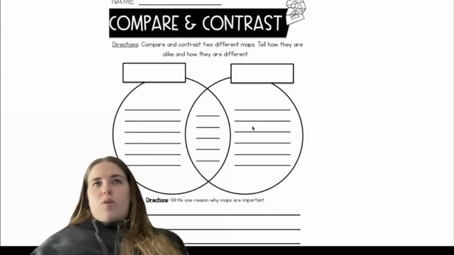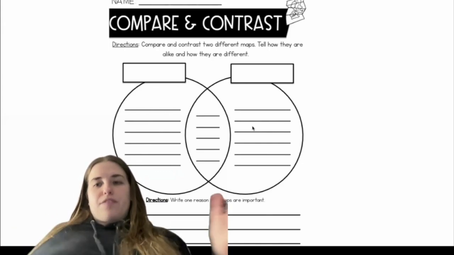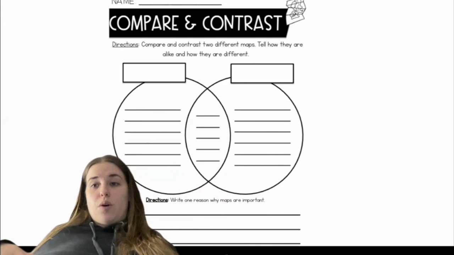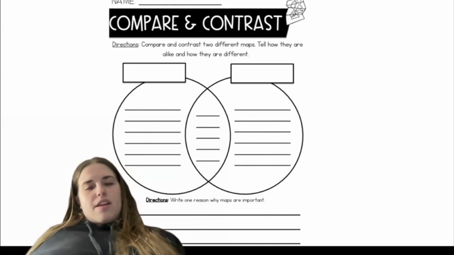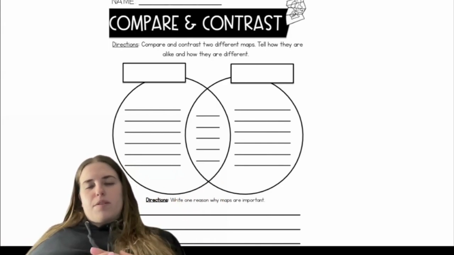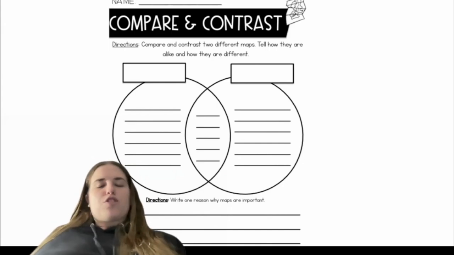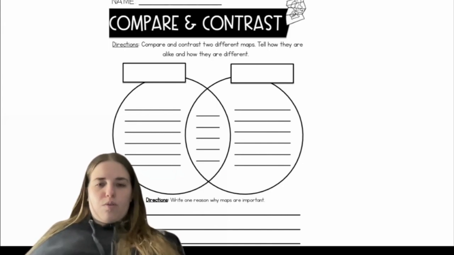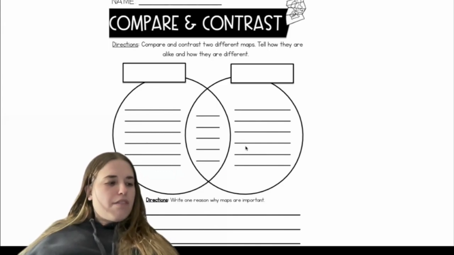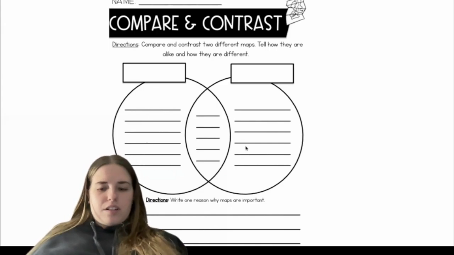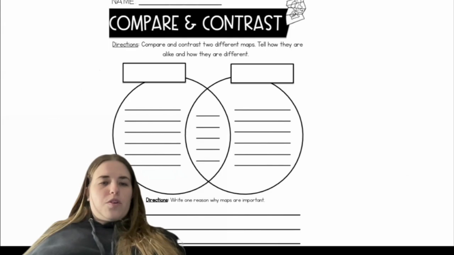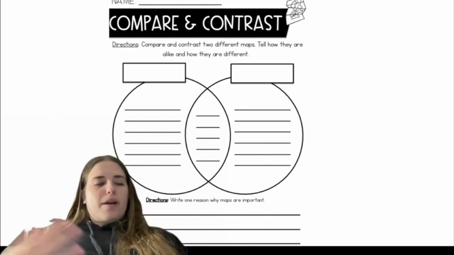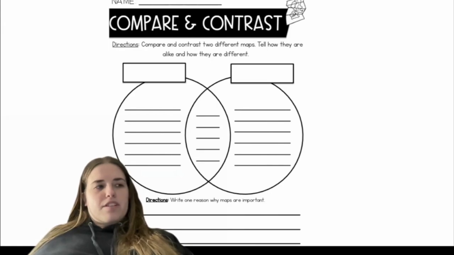But as the students go back into their group, after they have the whole group discussion about the things they noticed on each map, they will look for things that are similar and things that are different about two of the maps. And then they will come back to the floor and the teacher will go over all of their findings and noticings together. Then the teacher will close out the lesson by explaining the importance of recognizing the similarities and differences